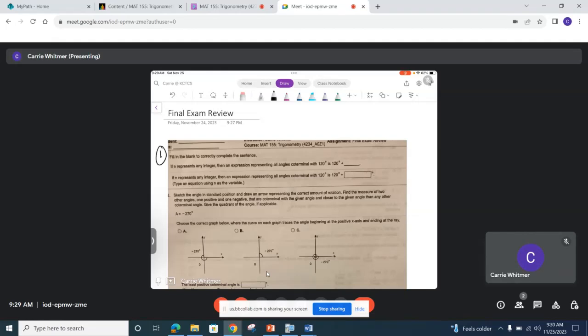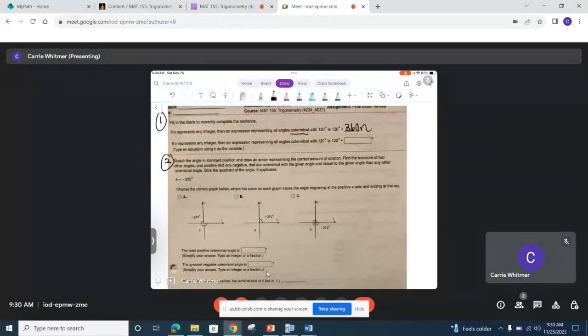Okay, if n represents any integer, then an expression representing all coterminal angles with 100, or sorry, with 120 is 120 plus 360n. Okay. Then number two,